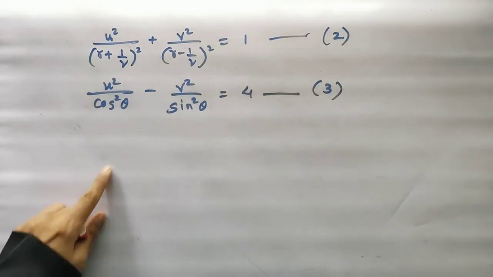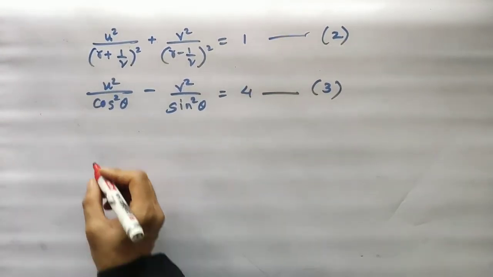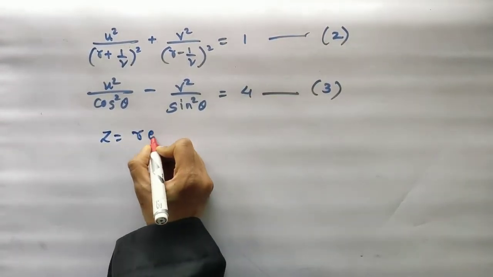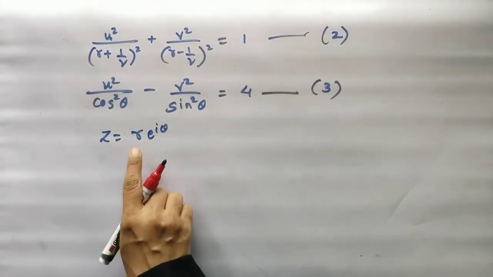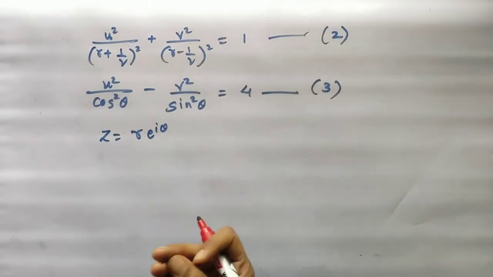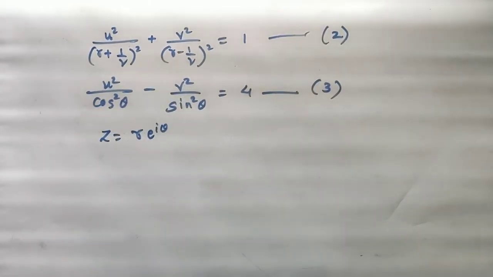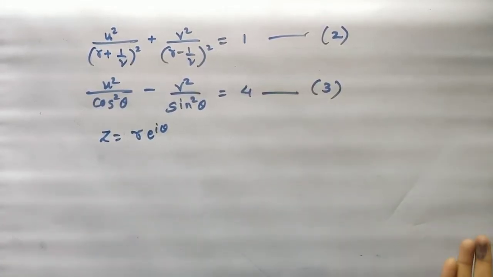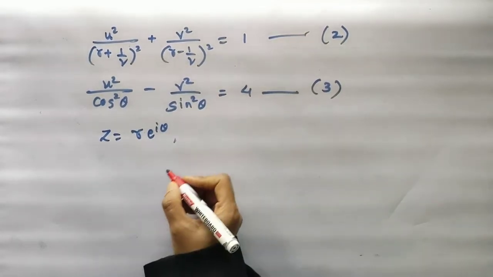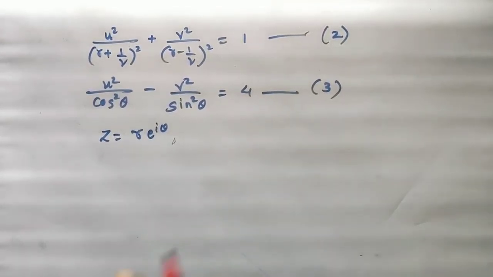Now let's see how we will consider this. Since we have substituted z is equal to r into e to power i theta, our main concern of discussion will be based on r is equal to constant. How will this transformation transform r is equal to constant in our z plane, and how will it transform that to the w plane? Similarly, what is theta is equal to constant in our z plane, and to what shape will it be transformed in the w plane? Both things we will be discussing.